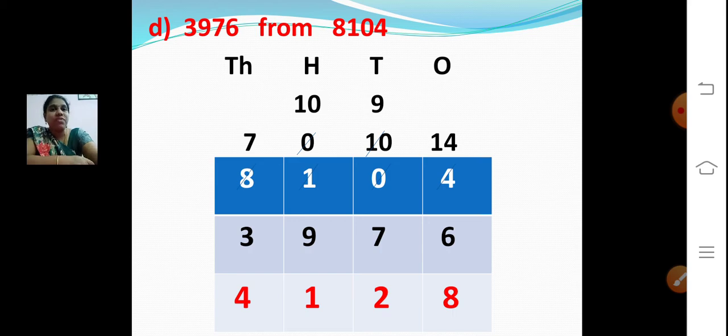4128. So first we have to start from the ones place. 4 minus 6 is not possible. So I have to borrow 1 from the tens place. I am having 0 in the tens place, so I cannot borrow. So I am going to borrow from the hundreds place now. So my hundreds place will become